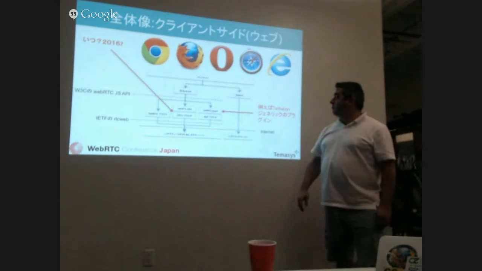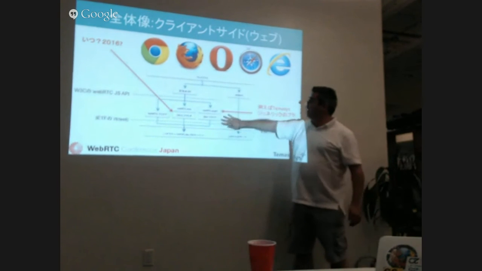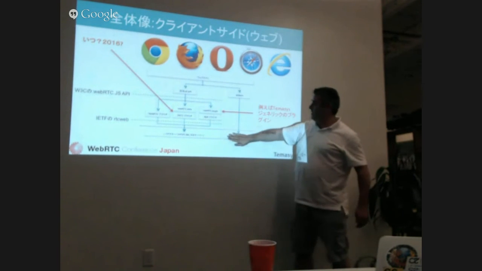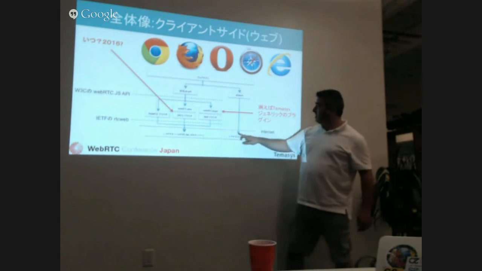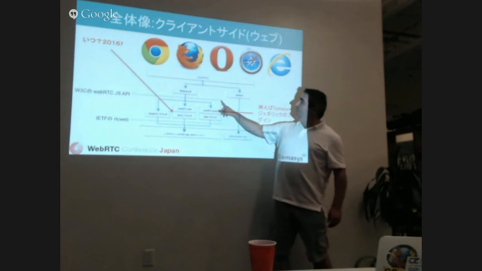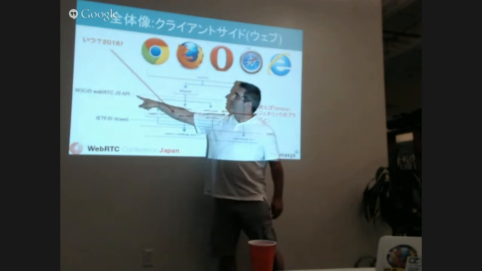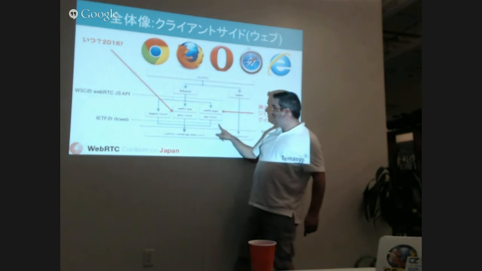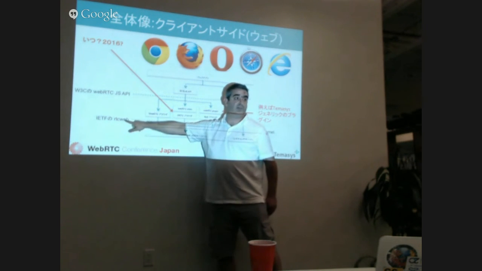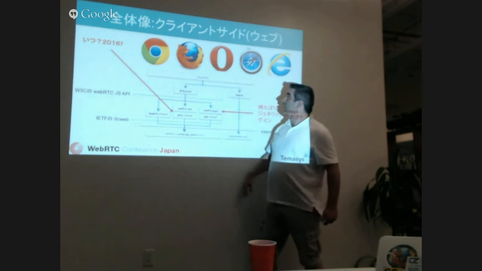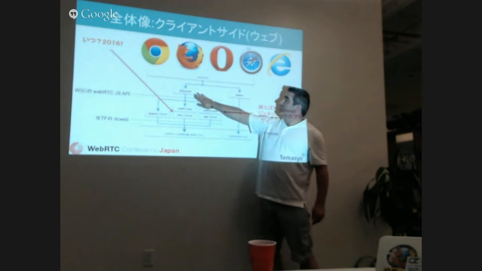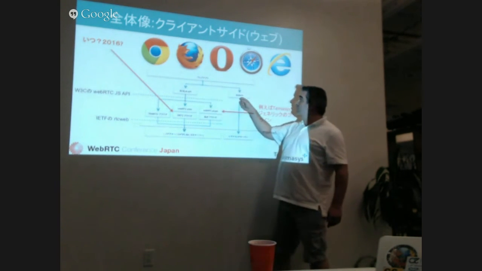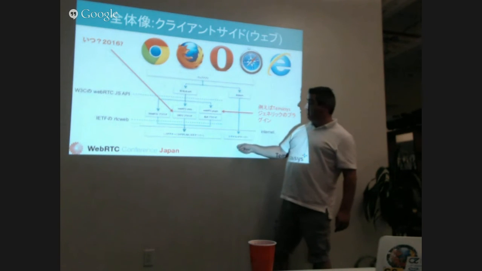So what you can do, this is what you have usually. This is the browser side. This is the backend side with the internet in the middle. Everything that crosses this line is defined in the W3C JavaScript API. Everything that crosses this line is defined in the IETF specification. You have your application that's going to speak to a client-side JavaScript API and a backend API to speak with